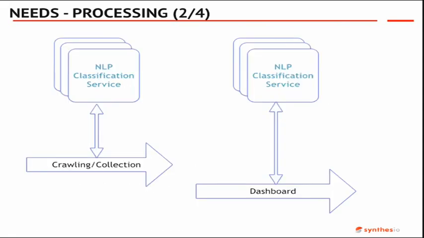So as I was mentioning, we have our crawlings and collections, which are basically a set of lots of programs running. All of them want to ask for the classification. We have our feeders adding data to the dashboards. They also want to classify data. And this is our objective. So what we want to do is up here, these services.